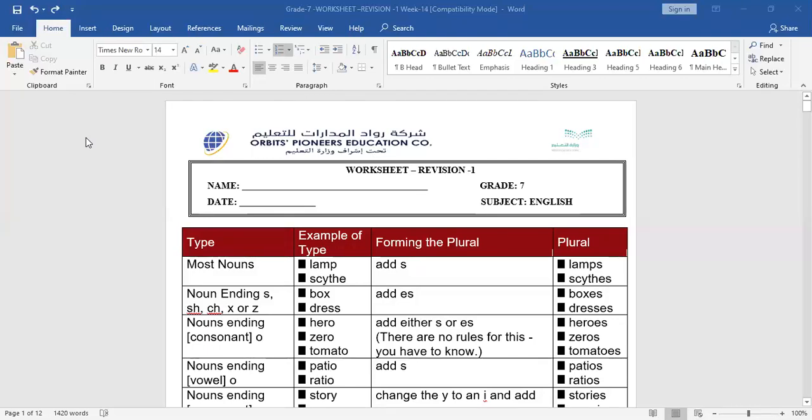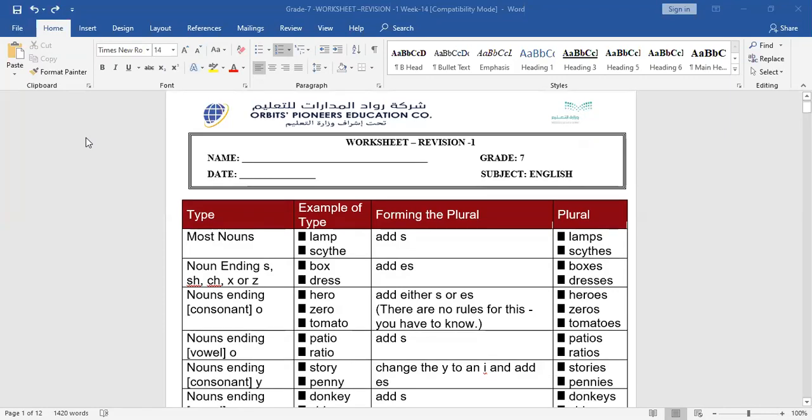Okay, it is already uploaded in the system. Please take a printout and keep it with you for the next time. If you don't have it right now, it's okay, you can have a look at the soft copy in front of you, but you must have a hard copy with you. You have to solve all these worksheets. Okay, boys, let's start.